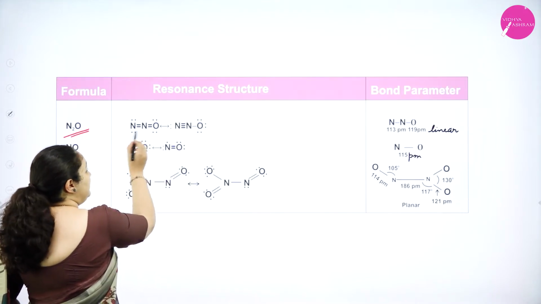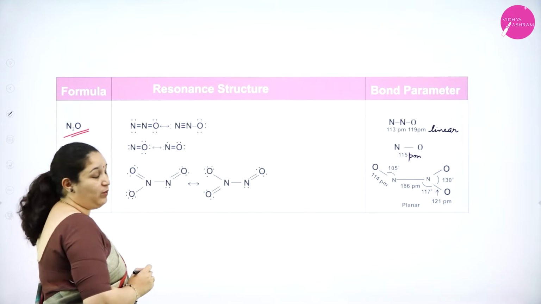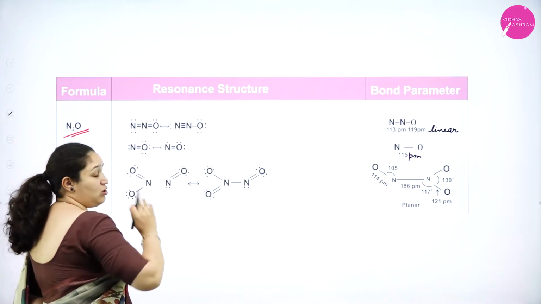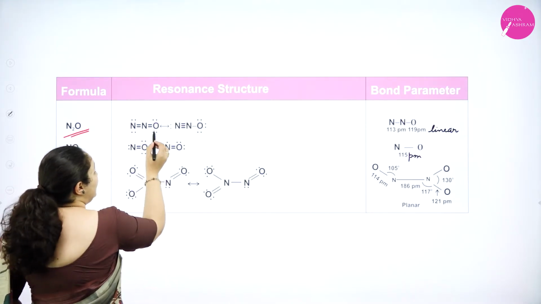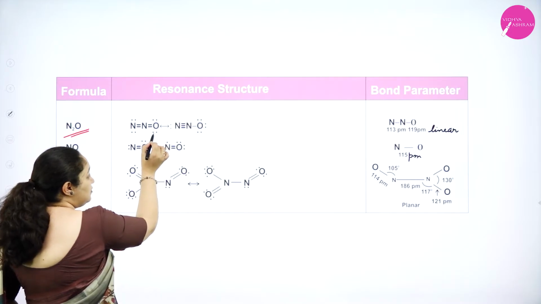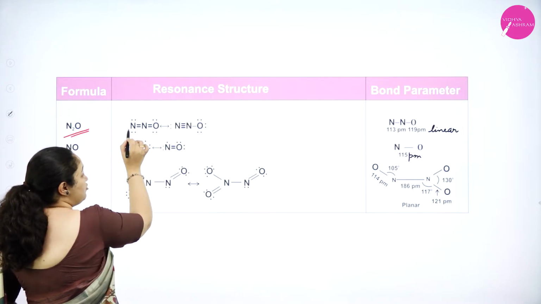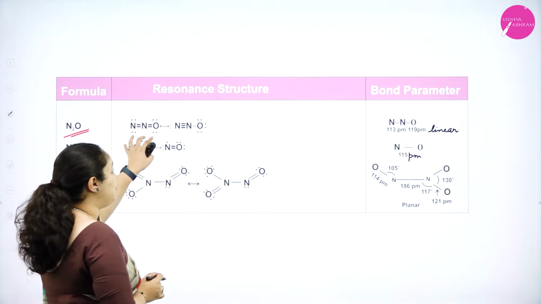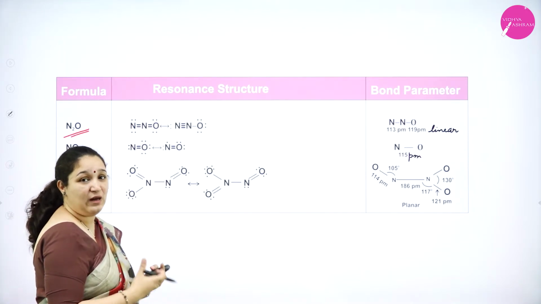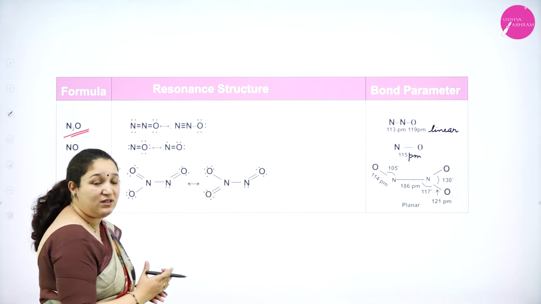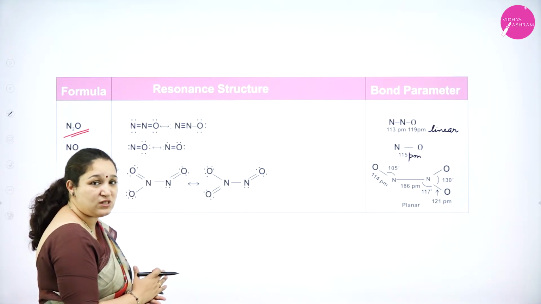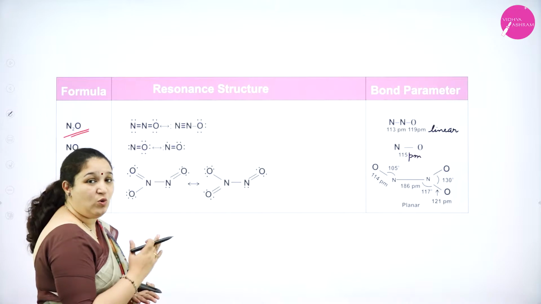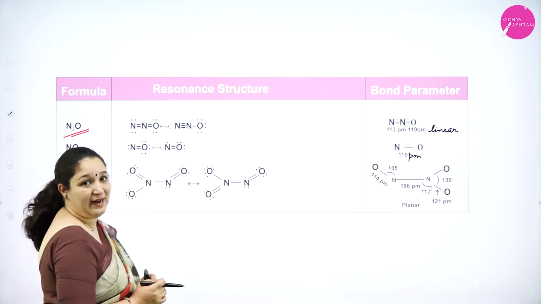That is, between the 2 nitrogen atoms you can put a double bond, or between nitrogen and oxygen you can also put a double bond, so that oxygen will get 2 lone pairs of electrons and nitrogen is also getting 2 lone pairs of electrons. Now how exactly are we putting these lone pairs of electrons and the double bond? You have already learned how to write the Lewis dot structures in your first year. Only then will you be able to write this.